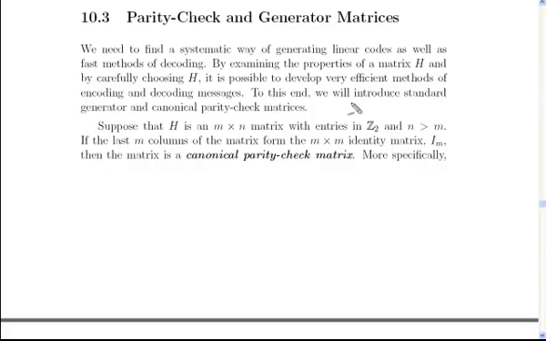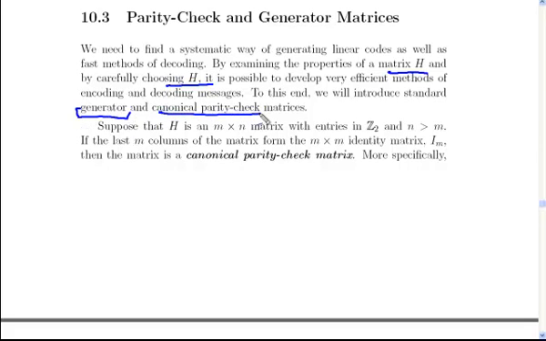All right, well, we want to systematize some of these things we've been talking about. Remember, if we have a matrix H, we can define a linear code, and we can choose H in such a way that makes it easy to encode and decode messages. Okay, so the way we do this is put H in standard form, and these are called standard generator and